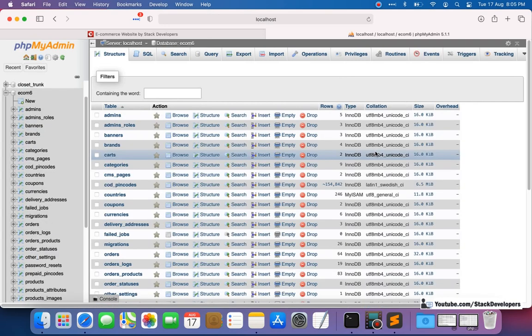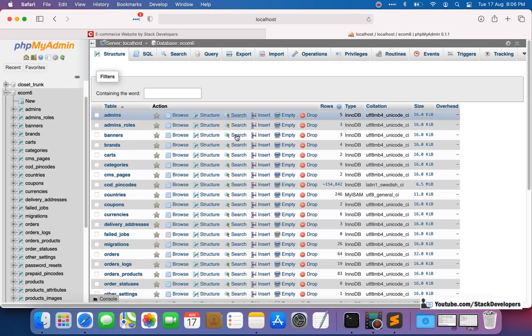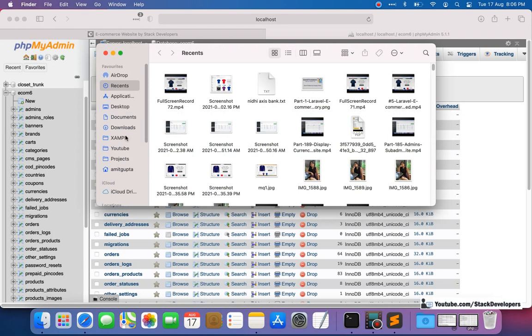First of all, we are going to make the ratings table with the help of migration, and we are going to add a few dummy ratings with the help of seeding. So this is the first thing we are going to do in our rating and reviews. Let's start. First, we are going to run the PHP artisan migration command to create the rating file, so that we can create the rating table.